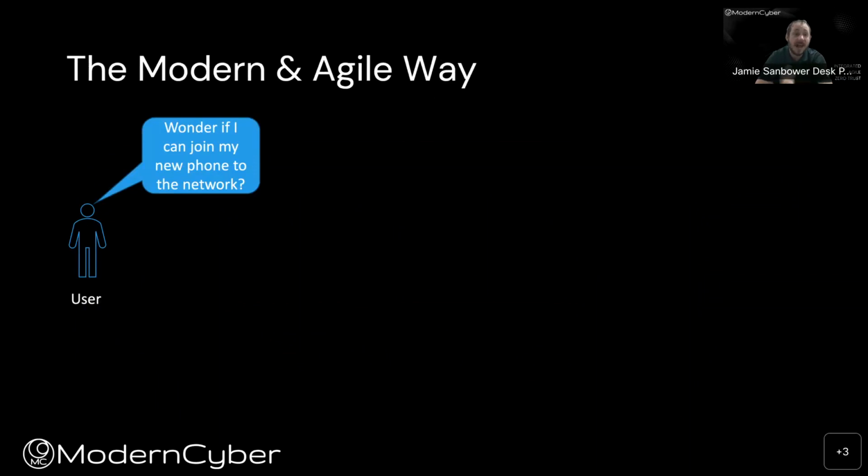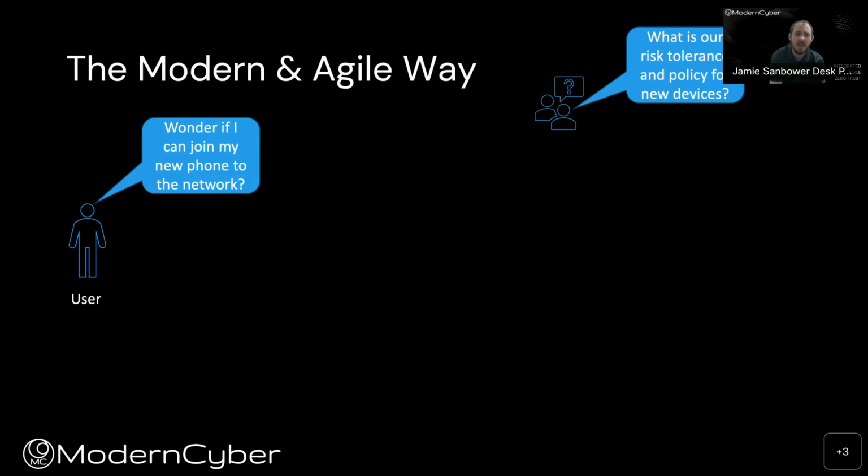And the modern and agile way of solving this problem is to think about different use cases. Same user, hey, why can't I get my new phone onto the network? Should I be allowed to bring this new phone onto the network? Previously it would have been a help desk ticket. In the new and modern way, we should have those same security analysts, operators, and architects deciding on policy.